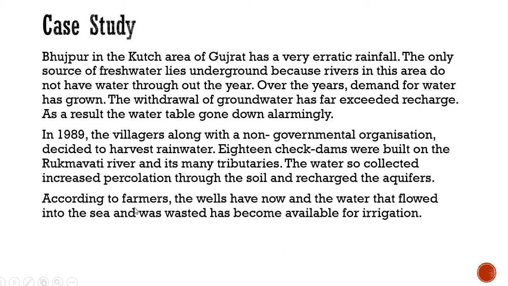So now it has become very good for the farmers, as they get underground water and from that underground water they do irrigation. Also, from the reservoir they can do irrigation. So it becomes very suitable for the farmers, and due to this rainwater harvesting system, they are able to maintain the underground water and recharge the aquifers.